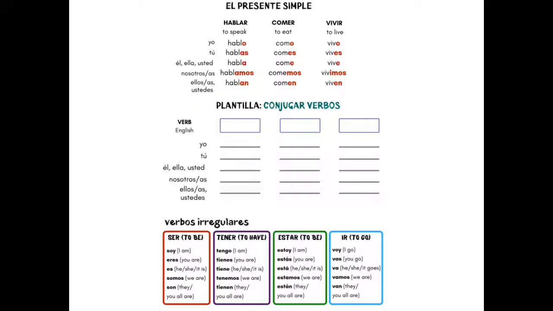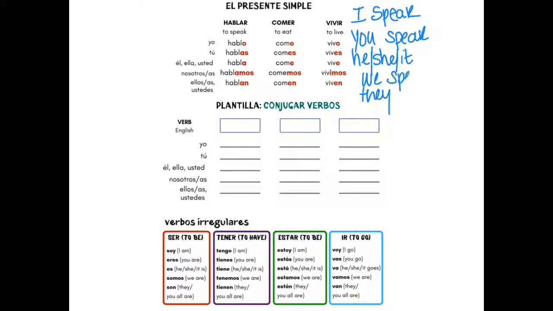Now let me show you what this would look like in English so that you can understand a little better why this is hard for us. If we took the verb speak in English, and whenever you see verb conjugation, it's always going to be in the same order, no matter if it's Chinese, Russian, English, Spanish, it's always in first person, second person, third person. And we, they. So in English, if I list out the verb speak and I put all of my pronouns in